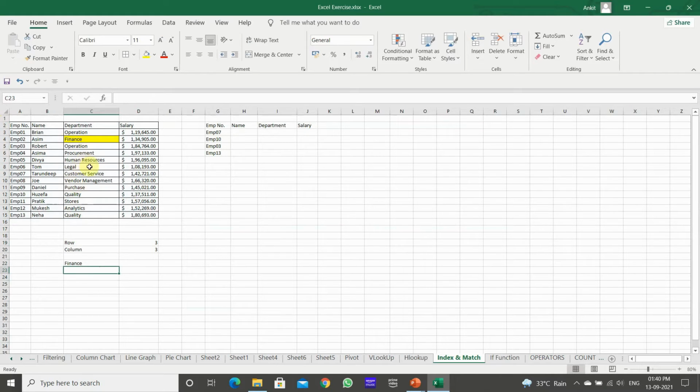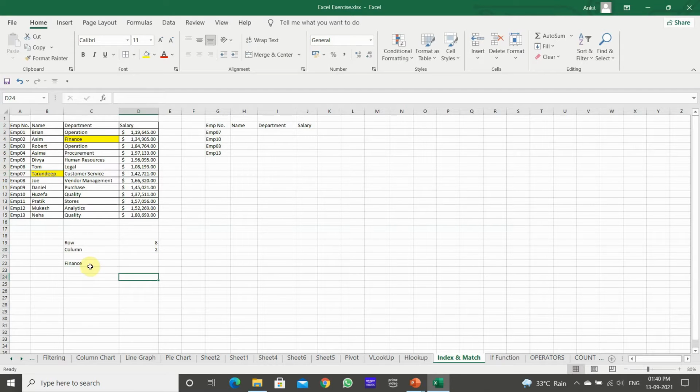Suppose I want to pull the result of Tarundeep. What is the position of Tarundeep? It is at the 8th row and the 2nd column.